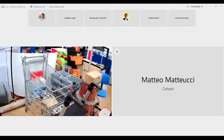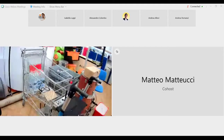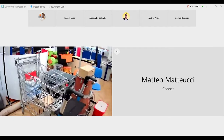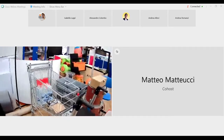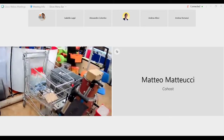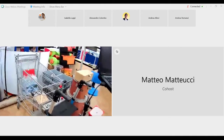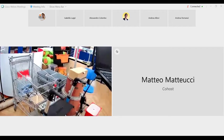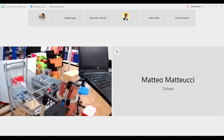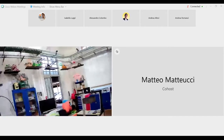There will be an international competition for robots, and we would like to have a humanoid robot pushing this cart around a small circuit. We will have some visiting colleagues from the UK here in the lab next month to prepare a robot. In this case, it's not a humanoid one. It's a robot with a manipulator to push this cart along the entire trail. And here you can see